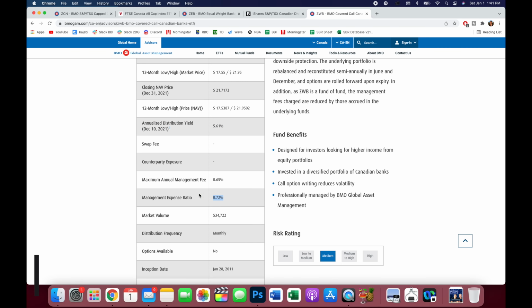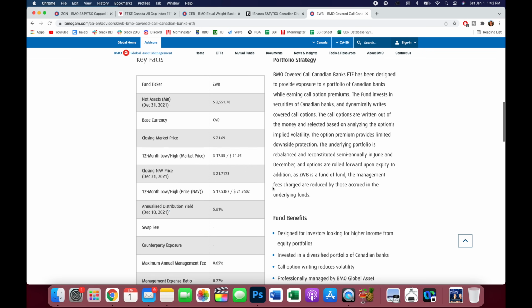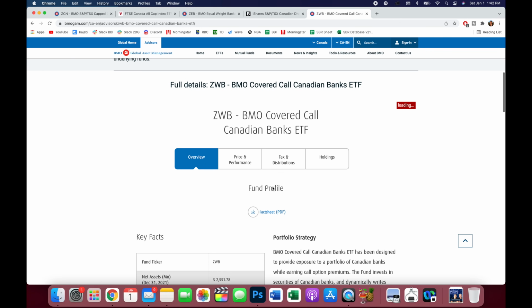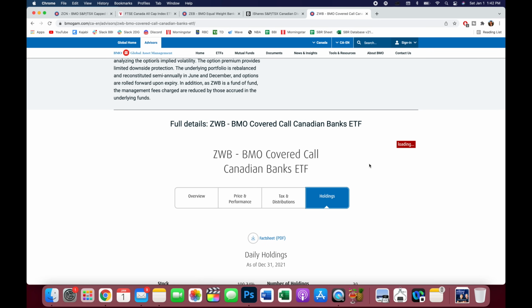I will knock off the fact here that it is the highest management expense ratio that we're covering today at 0.72%, but that is because it is a much more intricate fund. This is paid out on a monthly basis, but if you're someone seeking higher yields, this is a very attractive fund to go with. And if I toggle over to the holdings tab here, I'll go a layer deeper